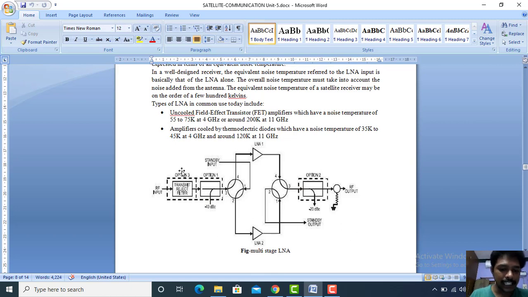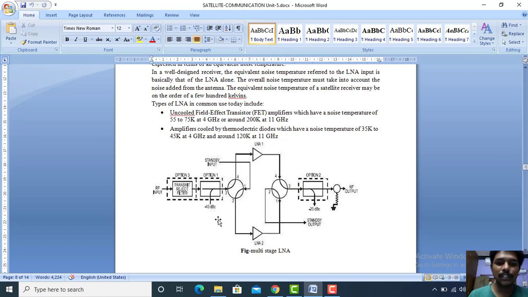So you can see clearly this is a multi-stage low noise amplifier which is shown here. So we have a transmit rejecting filter, where we are getting the RF input signal. The RF input signal which is given to the filter will try to reject some of the noise that is present, and it will be sent to the next block, which is shown here, where it is operated at minus 40 degrees Celsius. So this is nothing but the temperature maintenance of the satellite to take the signals.